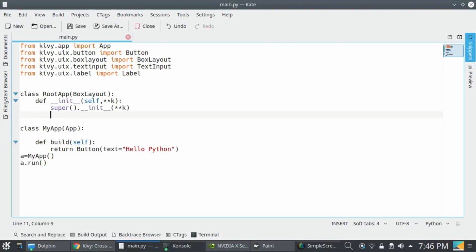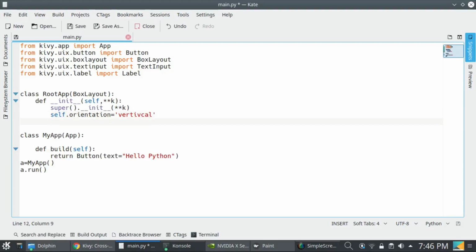To set this in vertical, I am just setting self.orientation equal to vertical. I'm setting the orientation to vertical.